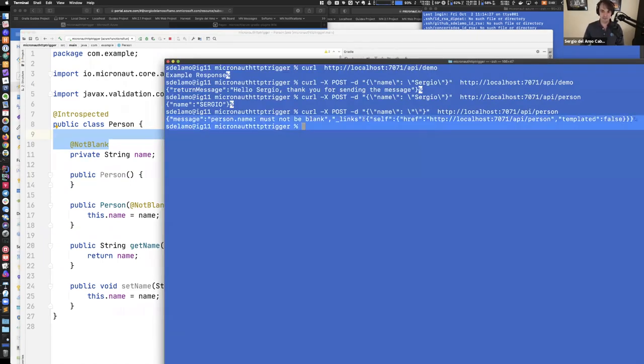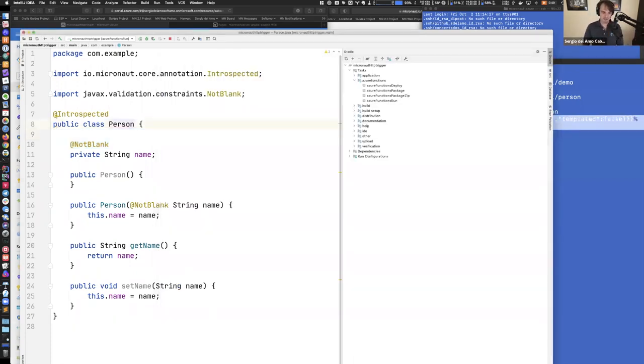And you see this is a 404, which doesn't show in curl, but it's a 404. And this is the copy. It's telling me like person name must not be blank, right? But validation is not just for controller parameters. I can also come here to my